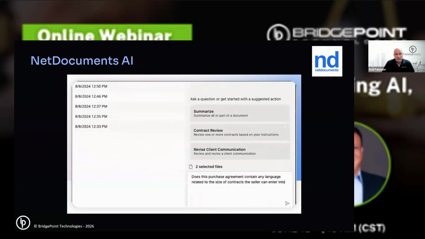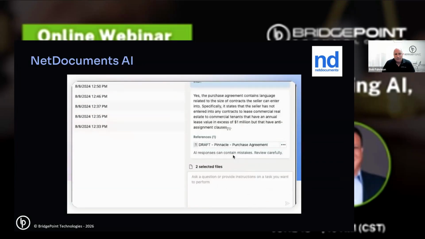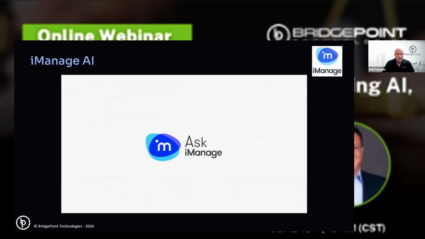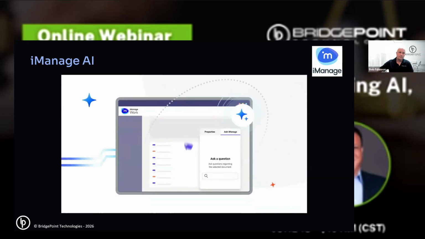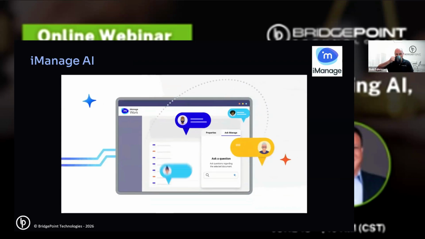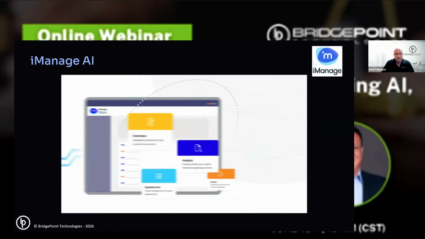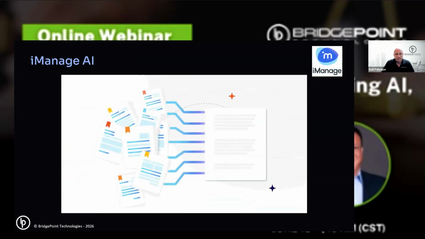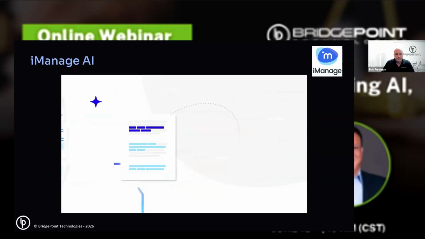So NetDocuments is a DMS. This is just a quick, simple one, with their AI embedded into it. This person asked it a question and it summarized the answer. Meet Ask iManage, iManage's AI legal assistant, another DMS, built right into your workspace. Ask iManage understands your work, your documents, and your needs. Have a question? Just ask. Quickly retrieve the answer. No digging, no guessing. Or use our guided actions. No prompt expertise required. Ask across sets of complex documents, from lengthy contracts to court documents, and get one answer delivered in seconds.